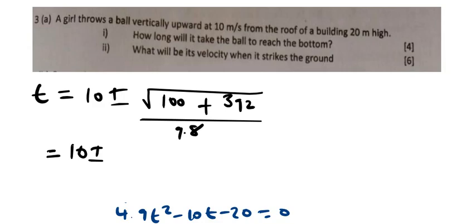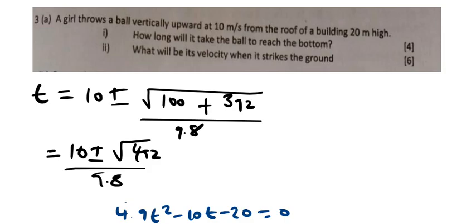Let me just write it here: the square root of 492 over 9.8. Now since we want time, I'm going to discard the negative one. I don't want the negative answer. So in this case I'm just getting the positive answer. So it is 10 plus the square root of 492